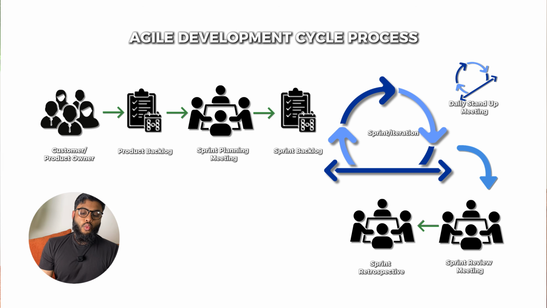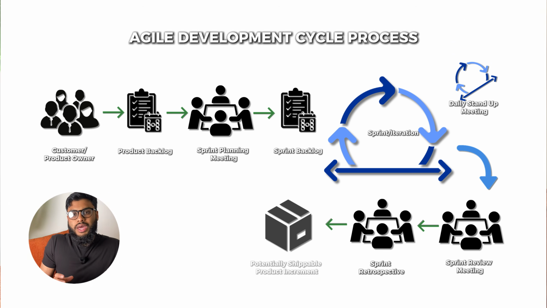Okay? Once that is done, at the end of each sprint, what's interesting is that you have some of the product being built. So eventually, what's going to happen is you're going to develop an MVP, a minimal viable product, or a product that can literally be used by the market. Once that happens, you can then ship that out to the market to gather some feedback.